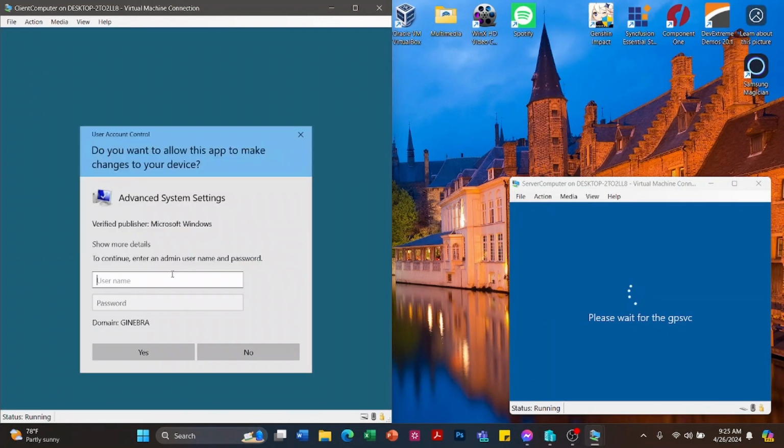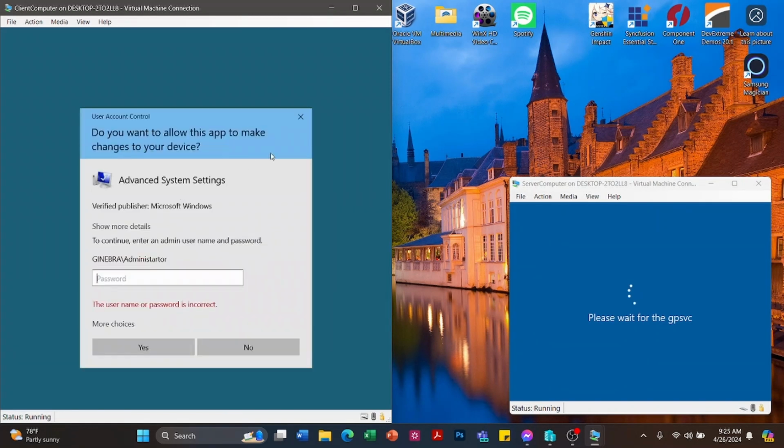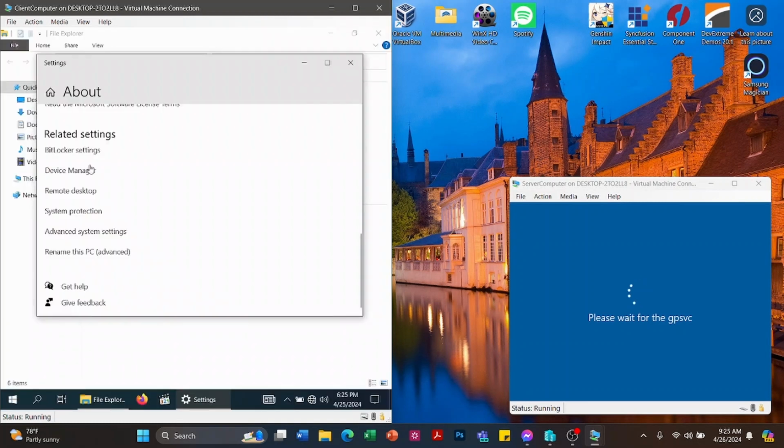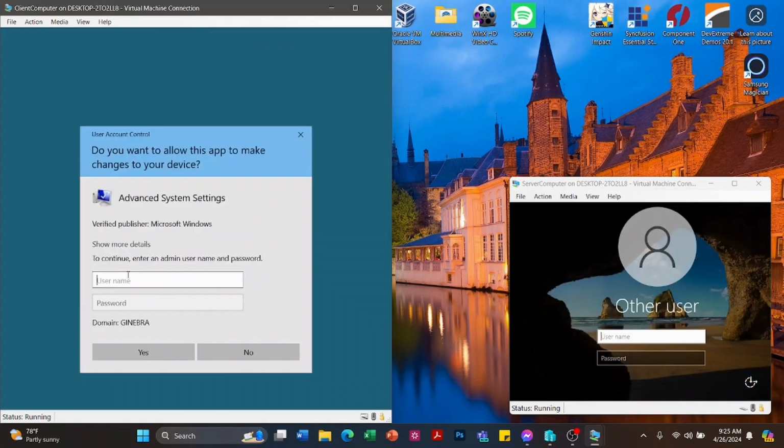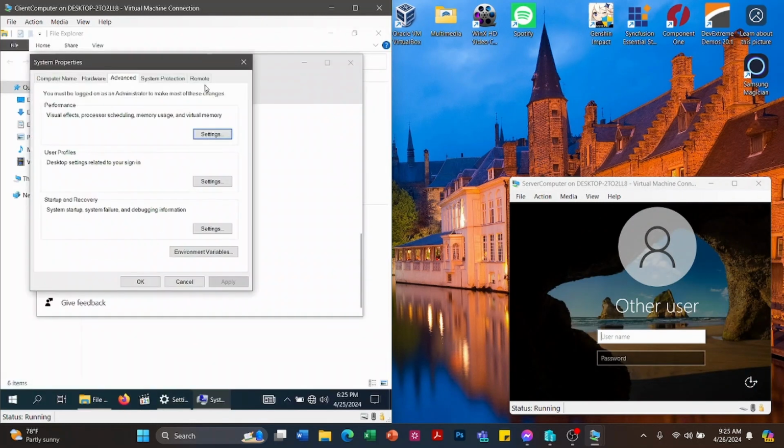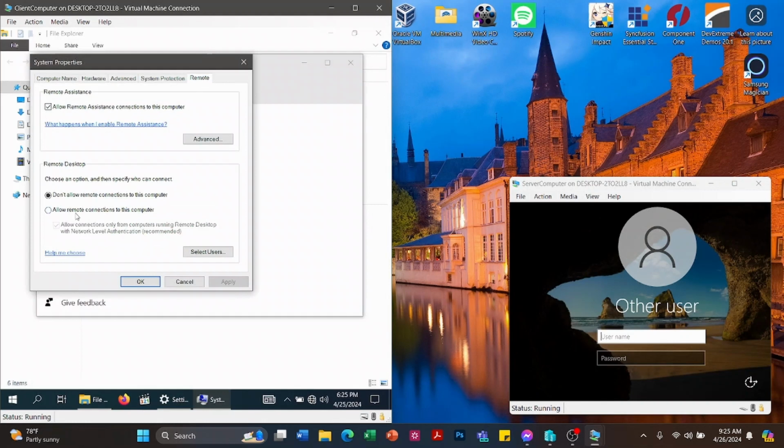Okay, so go to advanced system settings and enter the administrator. Why is it?